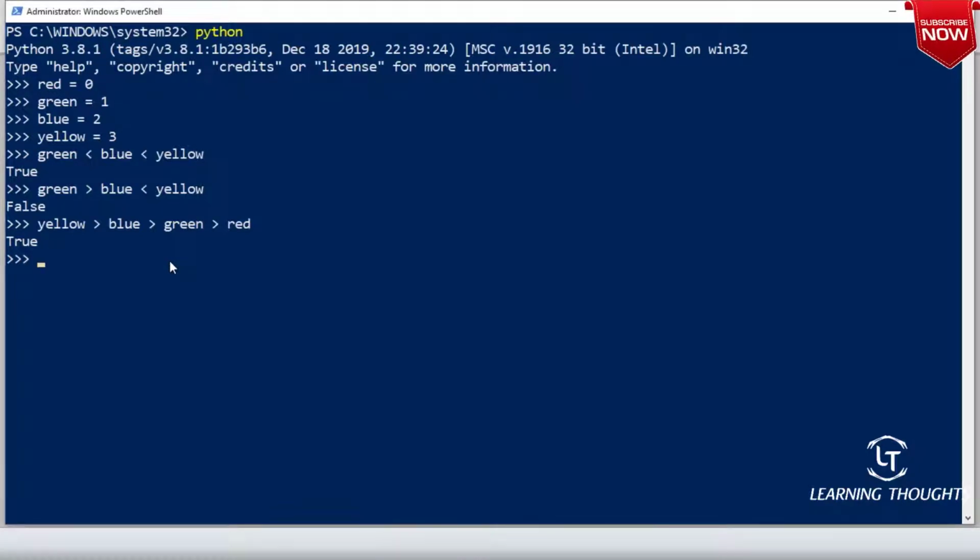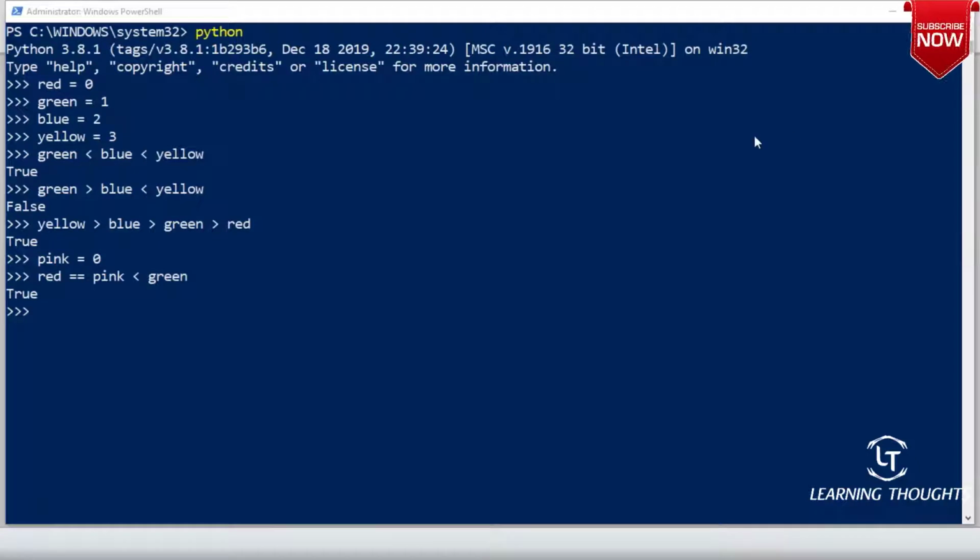Now, not only this, I can try to write something like pink is equals to 0. Then I can write red is equals to pink, and pink is less than green. Is this true? So am I able to chain my expressions? But there is only one thing which you need to understand. Here it means and, not or. Whenever you're writing chain expressions, it is always and. All the conditions should match.